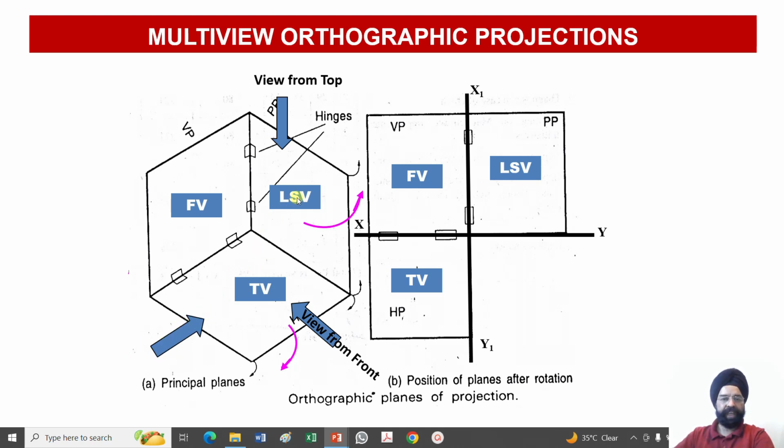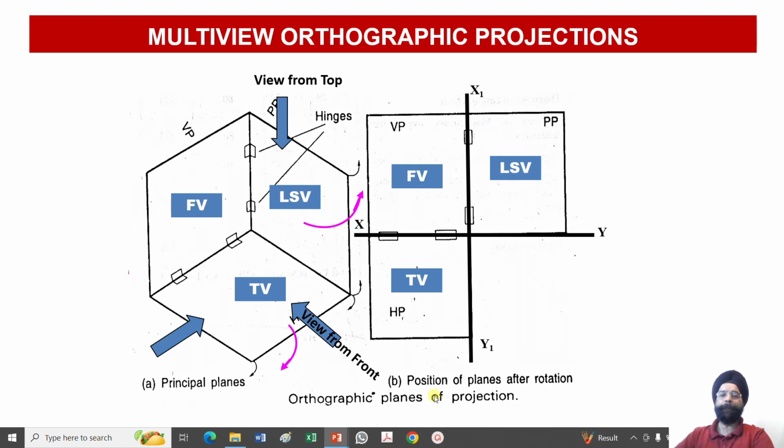So the view obtained onto the profile plane will be the left side view. And again, X1, Y1 is my second hinge. You can see this is the second hinge over here. So two hinges I have shown. One is across XY, another one is across X1, Y1. And the moment you rotate it, now you can see front view, top view and left side view I have